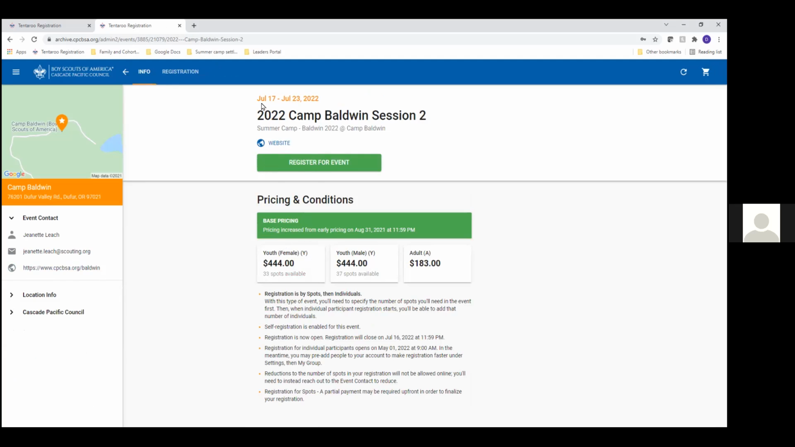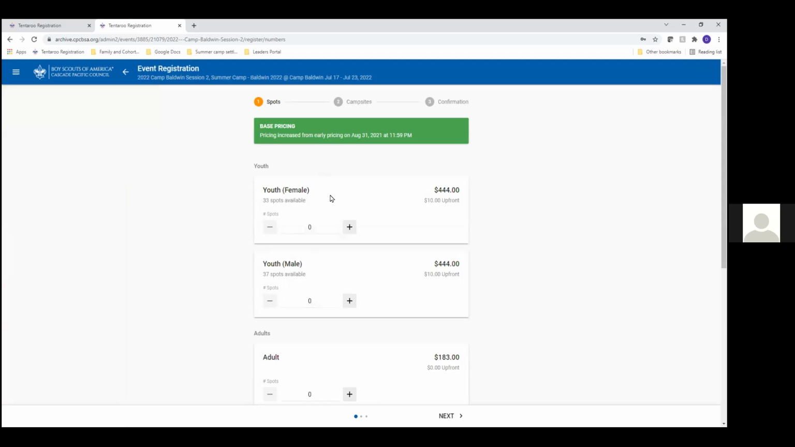The date is up here that session is happening, July 17th to the 23rd. The base pricing for the females and the males and the adults. And then light gray here, it tells you how many spots are currently available for each one. If you want to, you click register for this event, and then you're going to add how many girls or